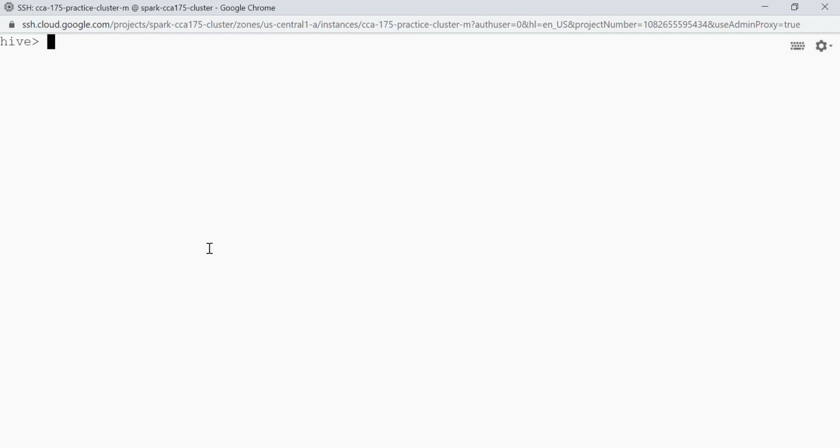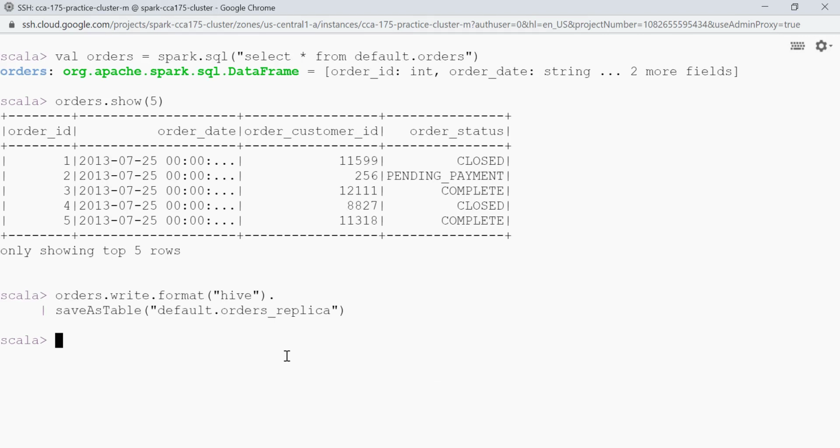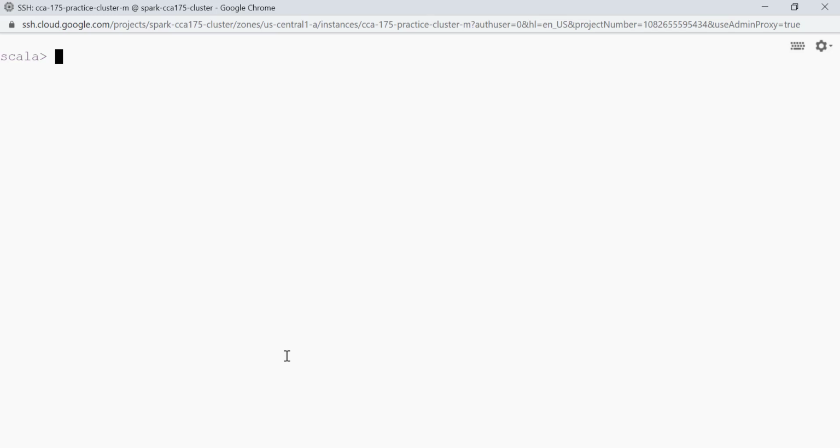Now let's create a partition table in Hive using the same API. So I'll go back to my Spark shell, and this time I'll be creating a partition table. To create a partition table, we have to turn on a flag for Hive dynamic partitioning. So first of all, let's provide the property spark.sqlContext.setConf, and inside setConf I'll be providing a property hive.exec.dynamic.partition, and the value is true.